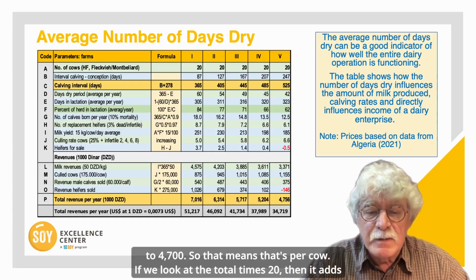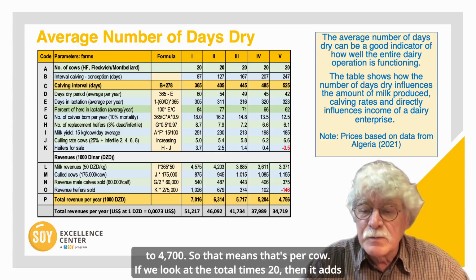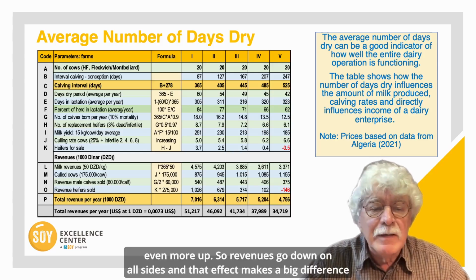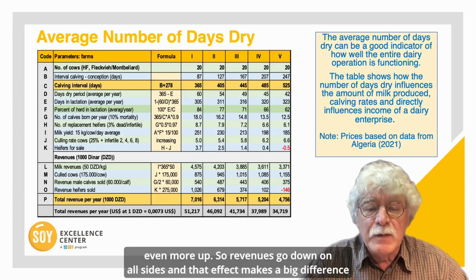So that means that's per cow. If we look at the total times 20, then it adds up even more. So revenues go down on all sides,